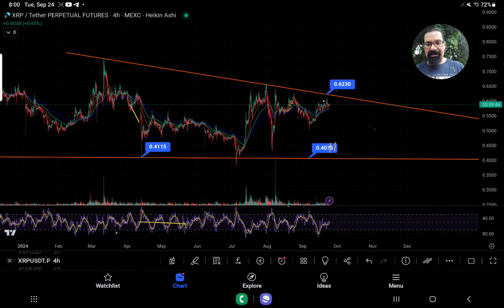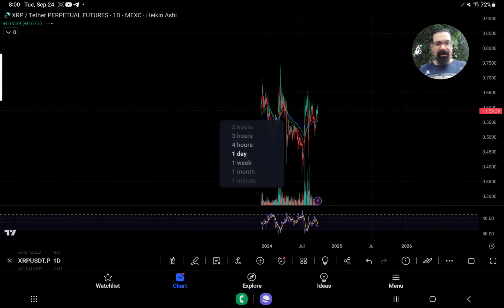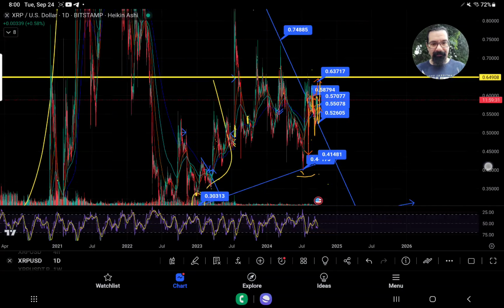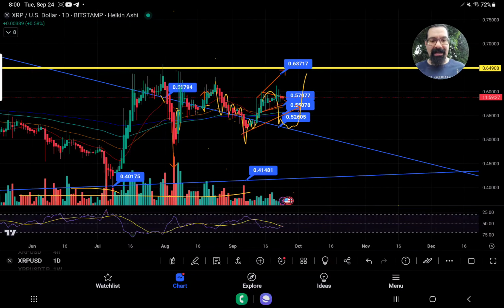It just pulls us out just a little bit, and you can see 62.3 cents over the top, and 40.75 cents in this scenario is the floor. So that's if it were to come all the way down in this regard. But in order to even come close to having some kind of reversal like that, you would have to get rejected and lose that 2018 resistance that is now being a nice support structure, which is going to be difficult